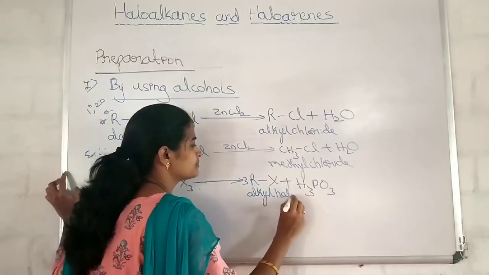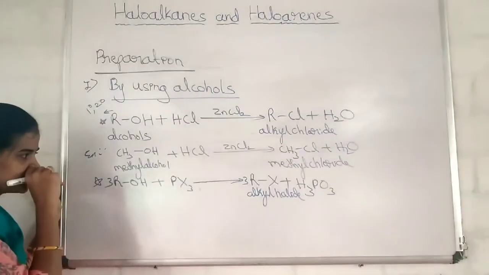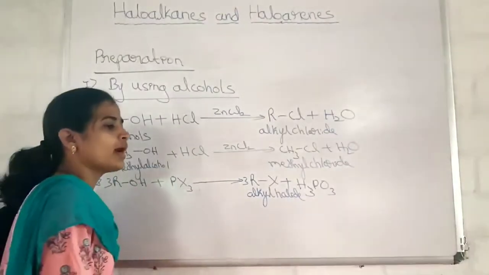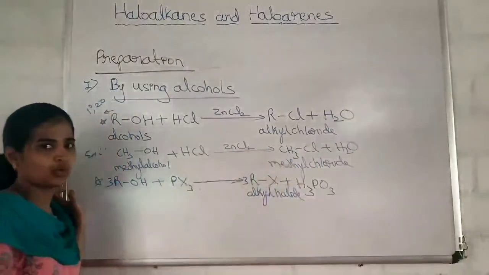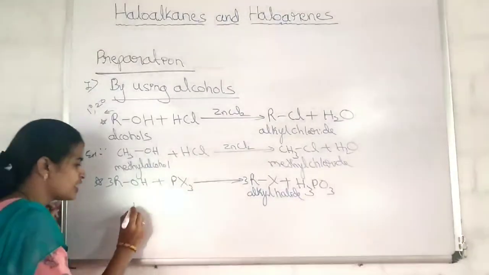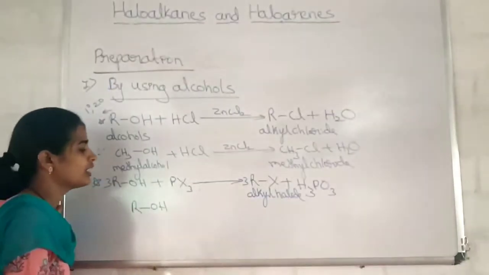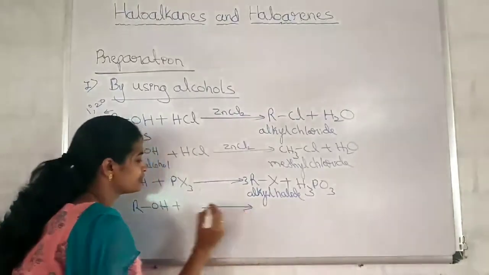Alkyl halide. Suppose I want to prepare alkyl bromide or alkyl iodide particularly. For chloride, I can directly go with this reaction. But if I want to prepare alkyl bromide or iodide, then I have to take